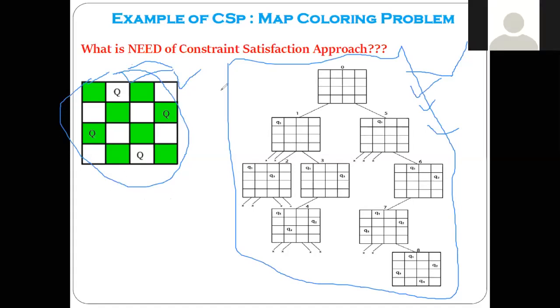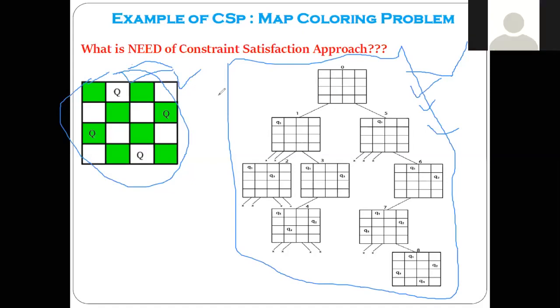Here, because of applying the constraint, what benefit are we getting? We know that one row has one queen and one column. We are applying some constraints for the benefit of solving the problem in less time. Yes or no? We are applying the constraint, and applying that constraint reduces the number of possible options that we have to check. We are applying the constraint and some rules that give us some kind of direction to solve the problem.